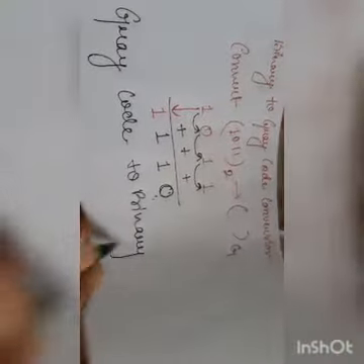Now for the gray code to binary, this is the gray code of this answer. We will write 1011 as converted into gray code as 1110. Now for gray code to binary, for example, we have to convert 110111 into binary.